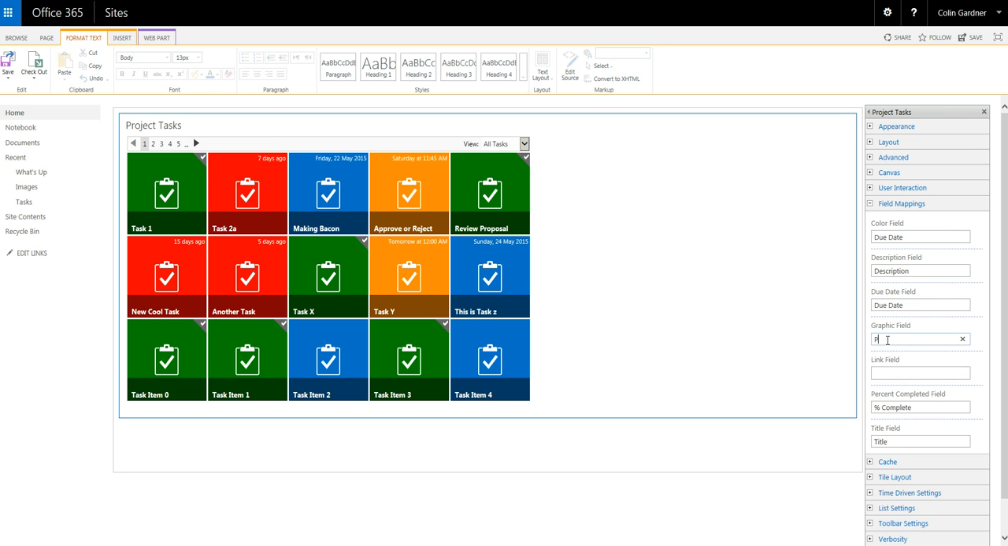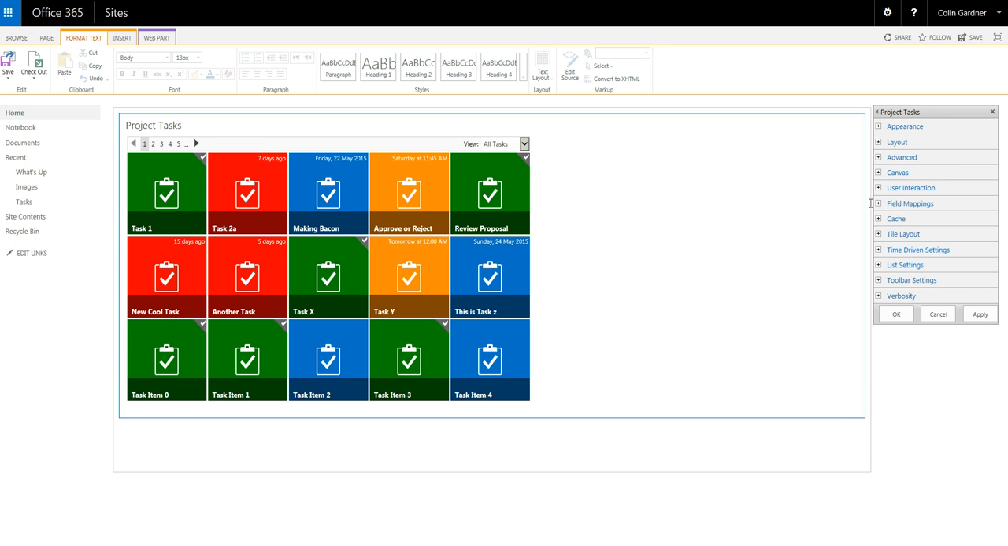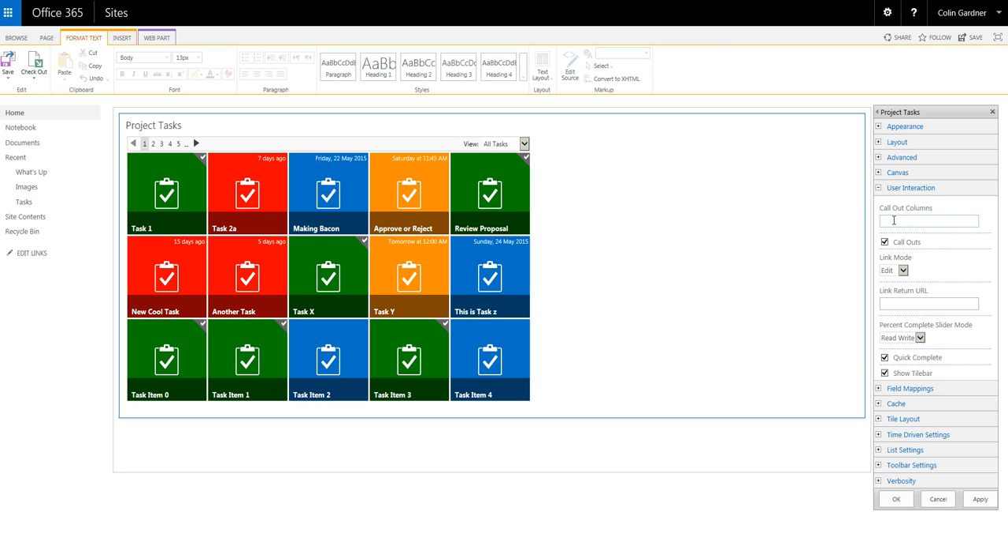So priority icon was the name of the column that we're using to drive this. And whilst I'm here, I'll do a couple of other things. What I'm going to do is in the user interaction setting, I'm going to add some columns that I want to actually display in a custom callout, and I'll show you the custom callout in just a minute. But I'm going to start by putting in the start date field,